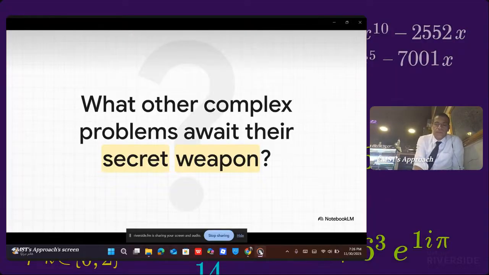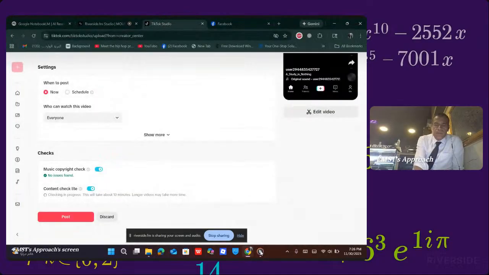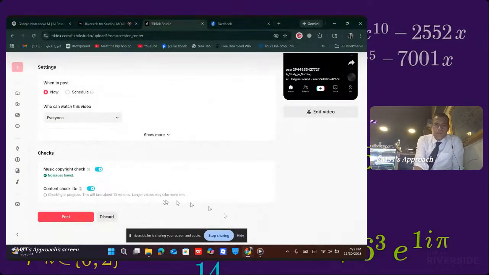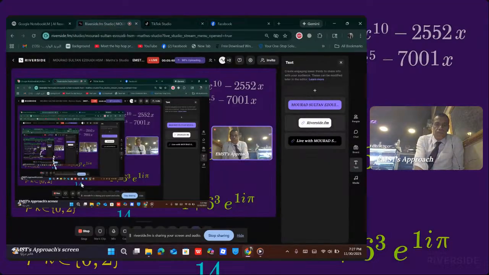Okay, sure, this was a math problem. But this idea, this principle, it applies to, well, everything. It makes you wonder, what other ridiculously complex problems out there, in science, in technology, maybe even in our own lives, are just sitting there, waiting for someone to find the right secret weapon to reveal this simple